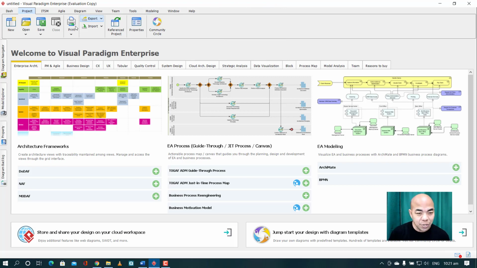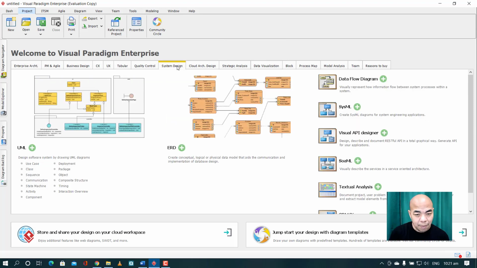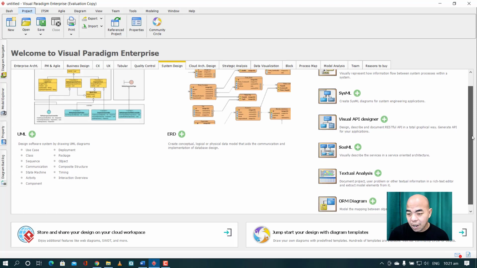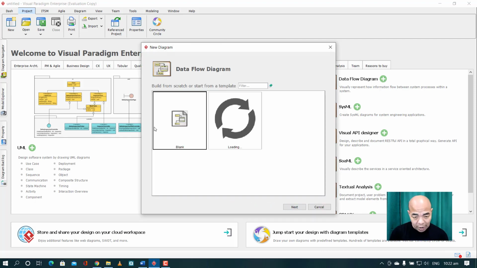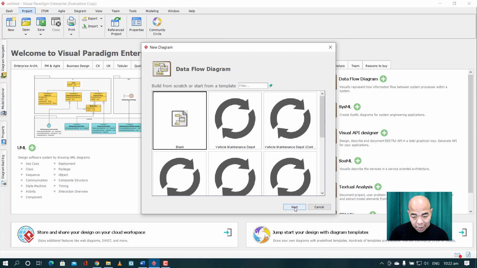So, here, as you can see, this is the interface of the Visual Paradigm. So, I'm going to select here, among these tabs, System Design because andito yung DFD. I-click ko to. Here, it gives you a list of tools that you can use. One of the tools is the DFD or data flow diagram. And I'm going to click this one. We need to say I'm going to make a DFD. So, blank lang. Tapos, next,